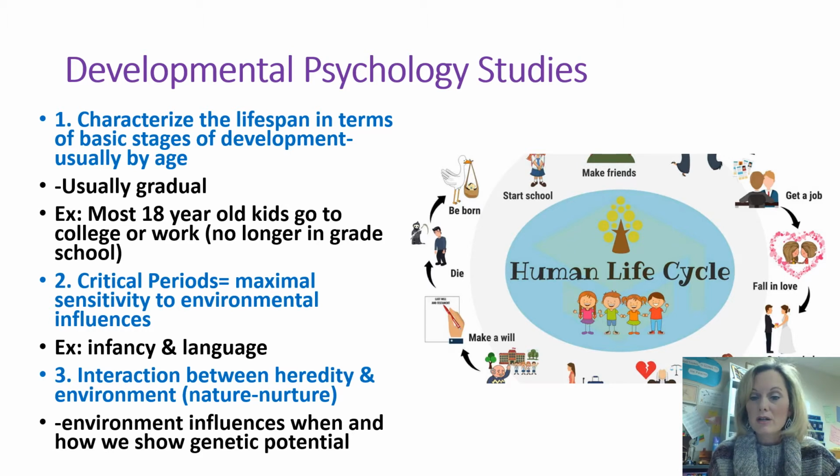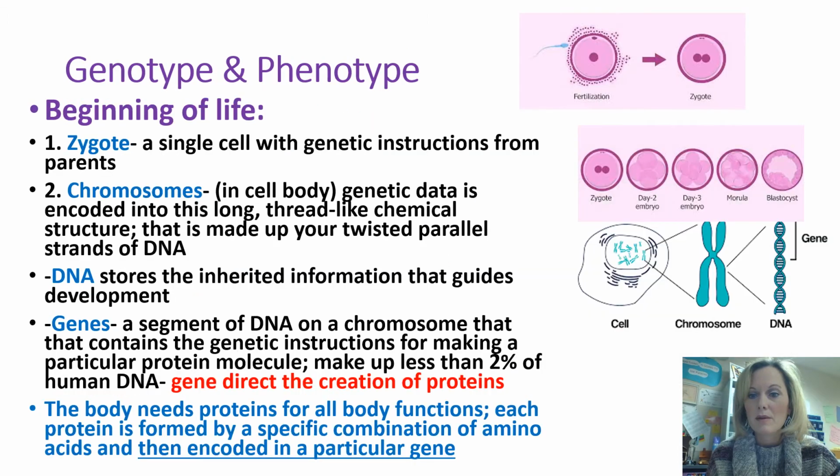And then thirdly, we're going to talk about epigenetics and that idea of heredity versus environment, showing the potential for genetic predispositions and when they come out to be dominant. So let's first of all talk about genetics. That's what we're going to talk about in this section, and make sure that you understand what is going on in this section. This could be a review from biology, and some of you could still be really confused about it. So let's briefly go over this section, and then I'll show you a video on alleles, genes, chromosomes, and all that kind of stuff.